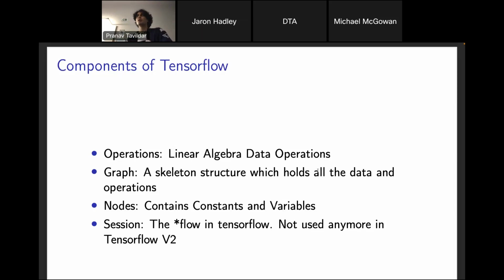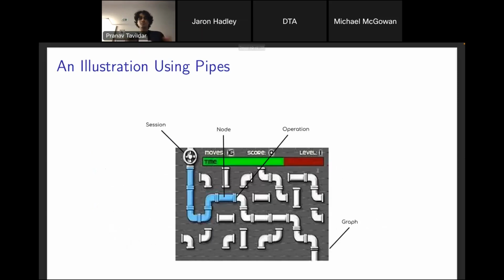Okay, so this might be a bit difficult to get your head around, so I will illustrate it through an example to show how it works. How many of you have played this game at any point in your lifetime? Just raise your hand. Yeah, it's a pipe game, right? So this is a perfect way to describe how TensorFlow works.